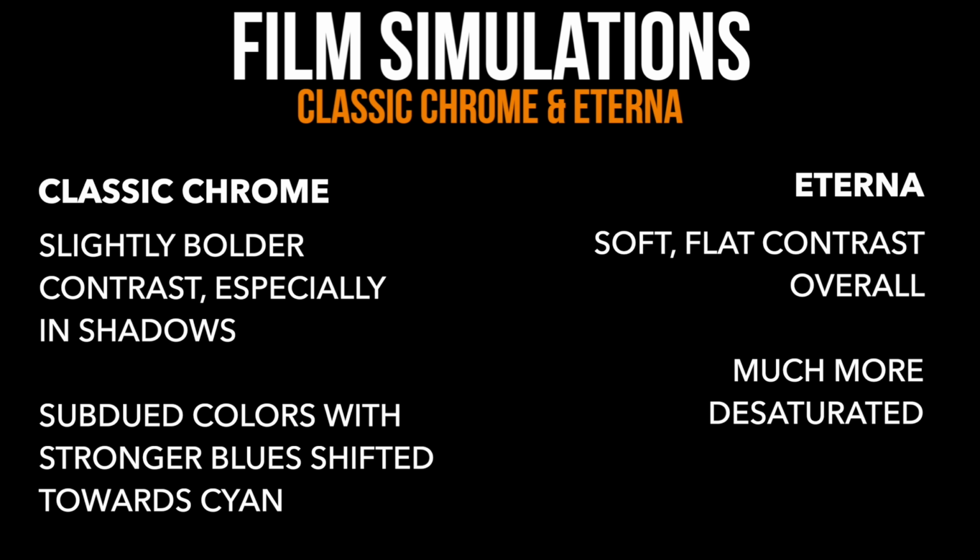You can certainly use these film simulations at any time, but you may want to consider them for more of a documentary style feeling. Classic Chrome is based on the chrome film stocks that were popular in the middle to latter half of the last century that were very popular in documentary style magazines, while Eterna is based on Fujifilm's Eterna cinema film. If you think back to the last few movies that you watched, you may have noticed that at least one of them, maybe more, had some flat contrast and subdued colors so that those weren't blasted in